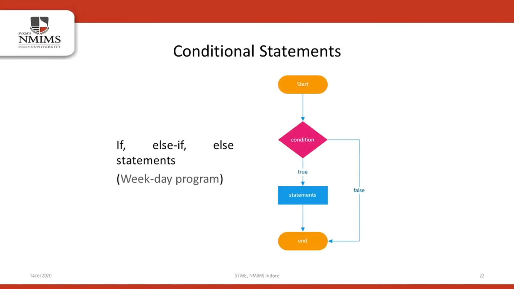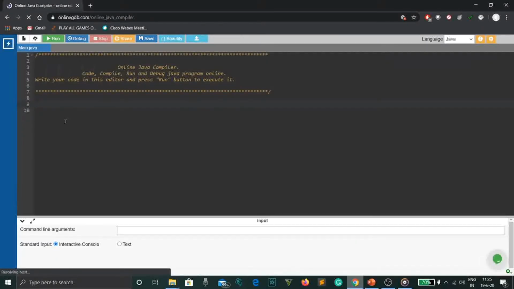Let's get started with our program for the if-else selection statement. I request you to go on to the online compiler as we are, remove the previous code and just start typing with me. We just declare our class Main. Then we write public static void main as usual, as we've been doing till now. I hope everybody is doing it with me. We start typing our program, we open the scope.